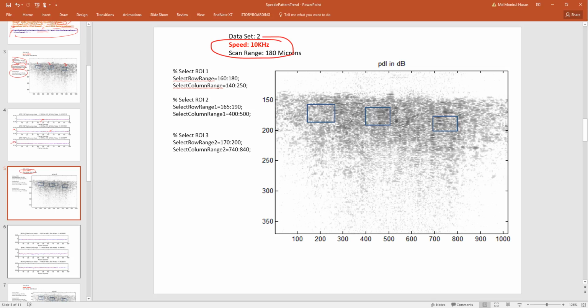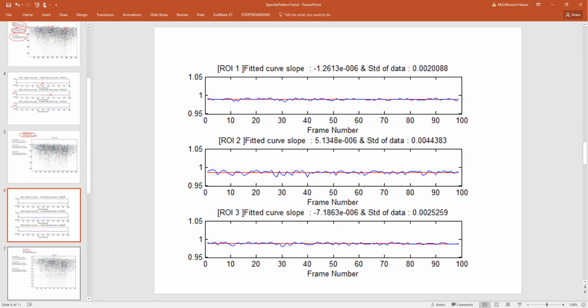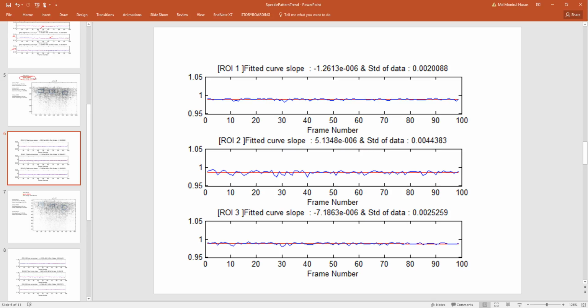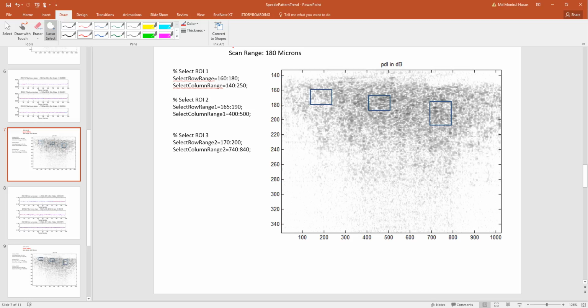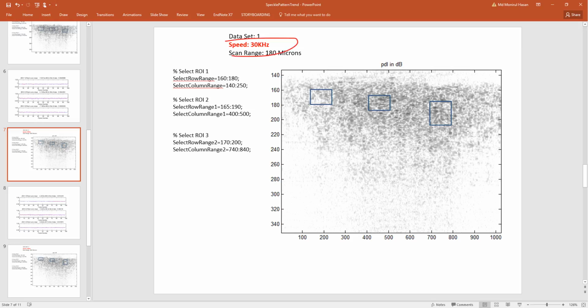This is just another data set to show, and we see this kind of change. Now what if we change the speed? If we change the speed from 10 kilohertz to 30 kilohertz and do the same thing on the agar data,